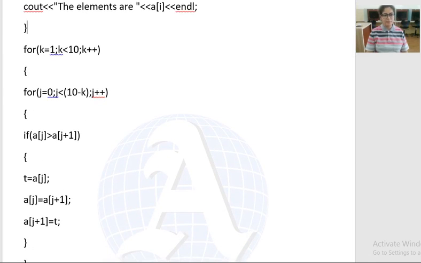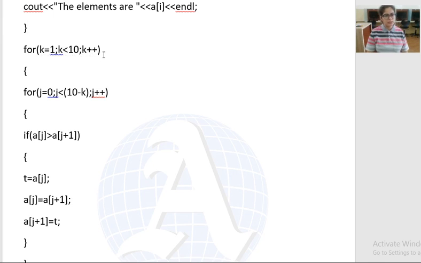So for this we have to apply bubble sort. Now we have to apply bubble sort on 10 numbers. For this we have to apply a for loop. Again, as we want to apply bubble sort on 10 numbers, that's why we again have to apply a for loop for these 10 numbers. So now we have to use another variable, because we have used the i variable for entering the numbers. Now we are using the k variable to apply bubble sort on 10 numbers. So you can use any variable. So start the for loop: k equals 1, k less than 10, k plus plus.